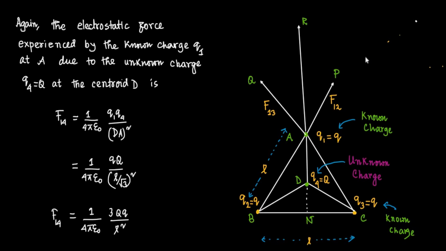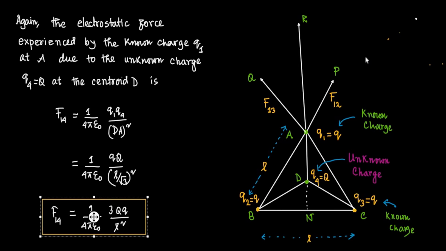So F14 equal 1 by 4 pi epsilon 0 3 Q q by L square,